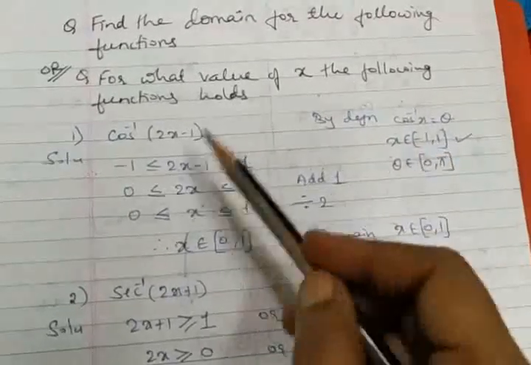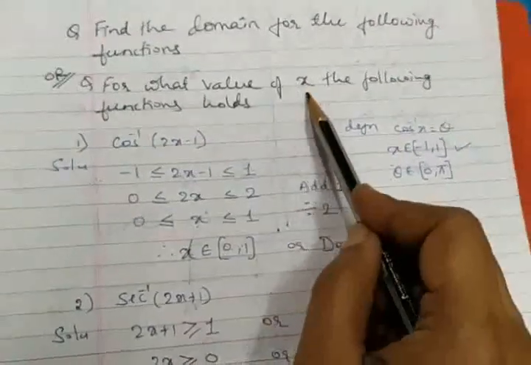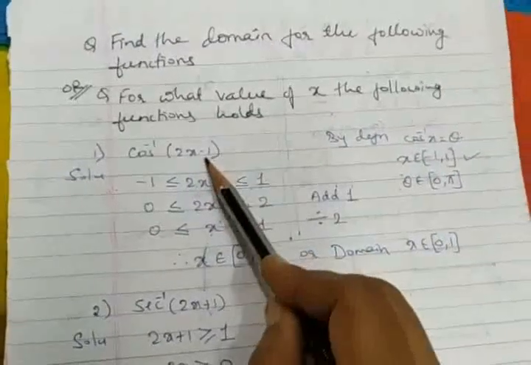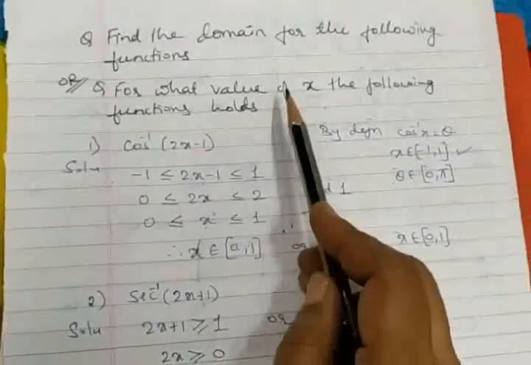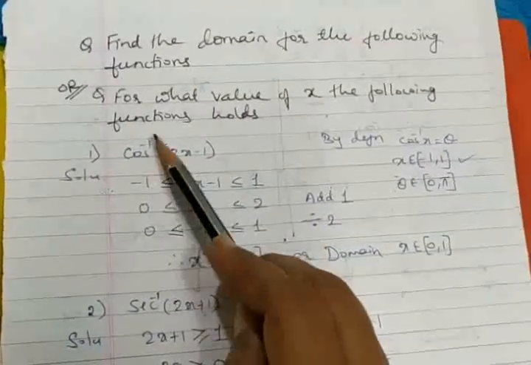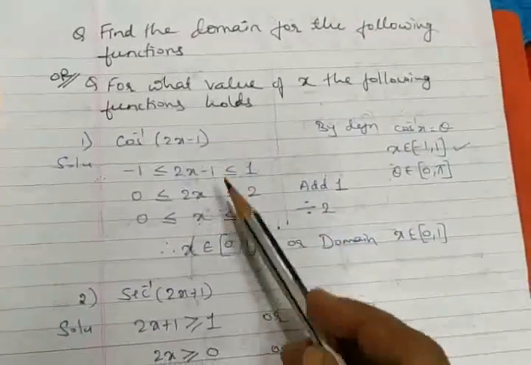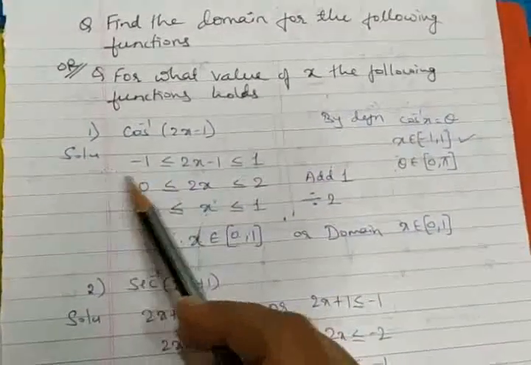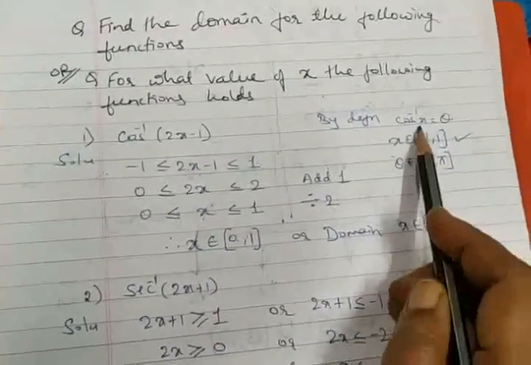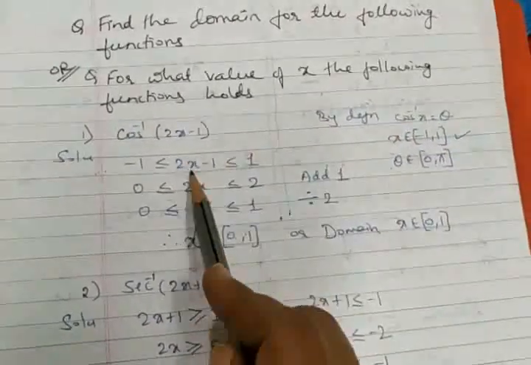The result in this interval must hold for 2x minus 1. But the question is, you have to simplify it for the x value only. Normally x is taken as the domain. So how do we find a domain, or how do we find the value of x for which cos inverse of 2x minus 1 is going to exist? In the solution part, by definition I can make out that this belongs to the closed interval -1 comma plus 1. So obviously I have to take it here.